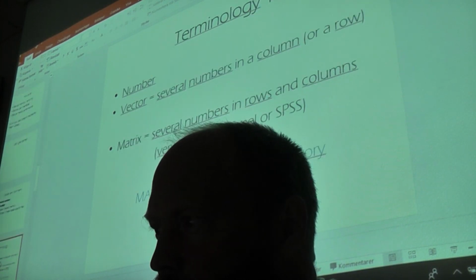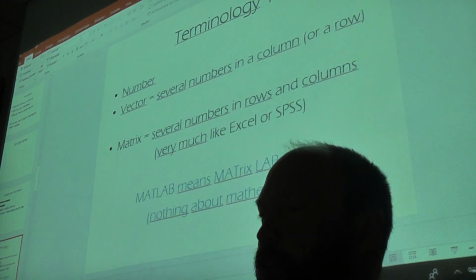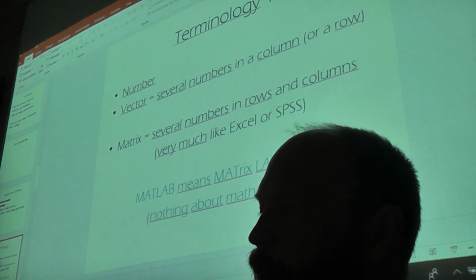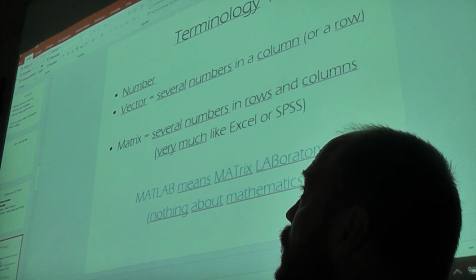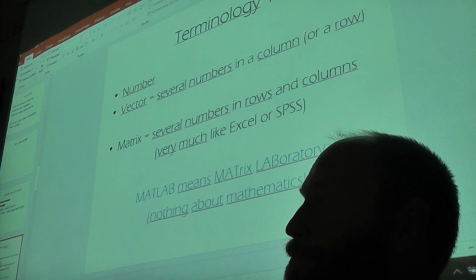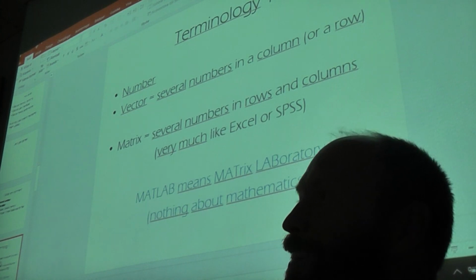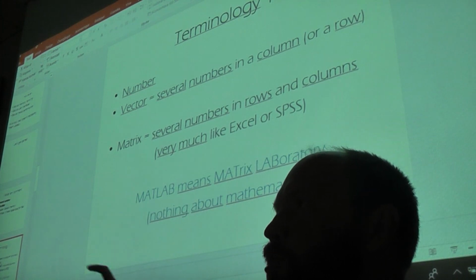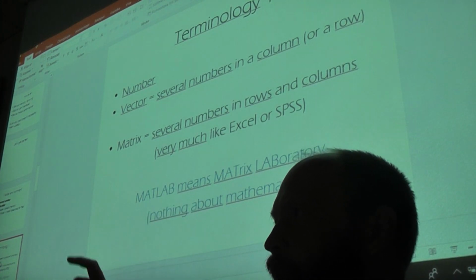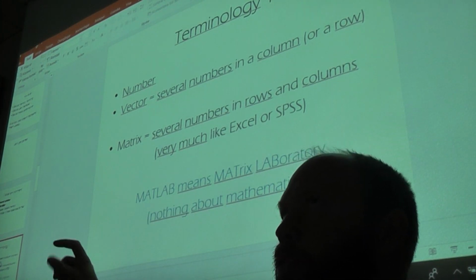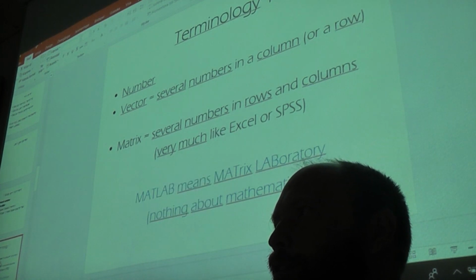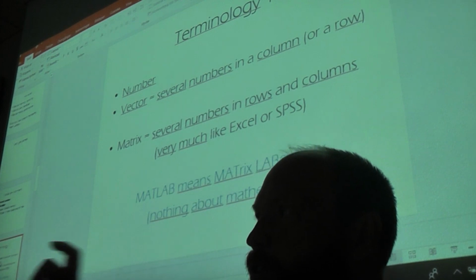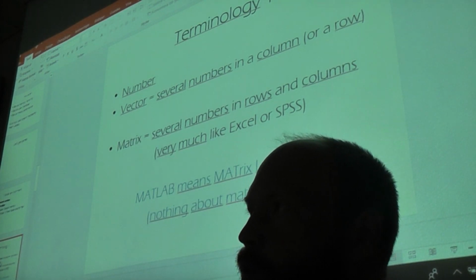And if we start, what we're supposed to know for this lecture is that we've got numbers. Okay, so MATLAB knows numbers, but you can also arrange them in a row, like a series of numbers. You can have them as a long row or as a long column. That is called a vector.